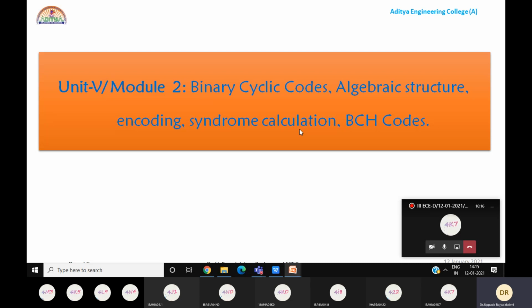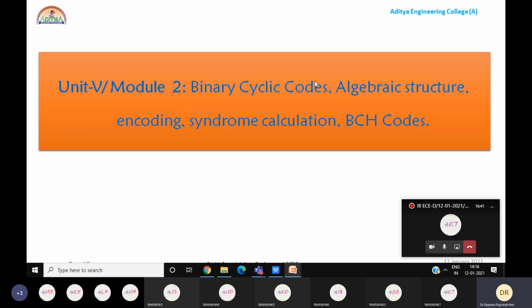How we have undergone the error decoding. So using various steps we discussed, and some of the model problems we discussed. And coming to module 2, here we discuss the cyclic codes. The cyclic codes are a sort of linear block codes. This is a part of linear block codes. You can say this is a subtype of linear block code,